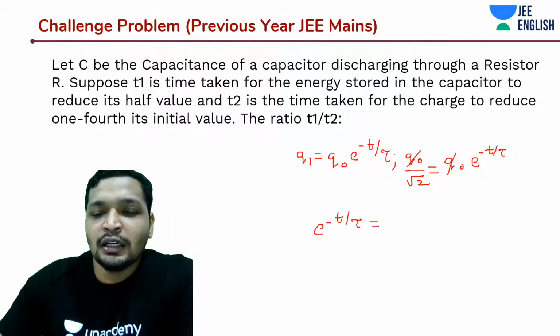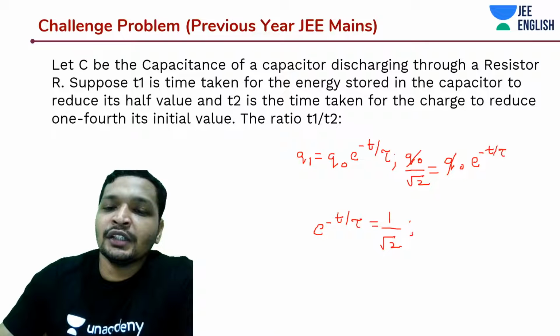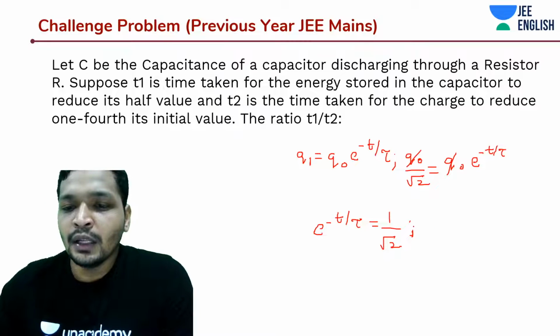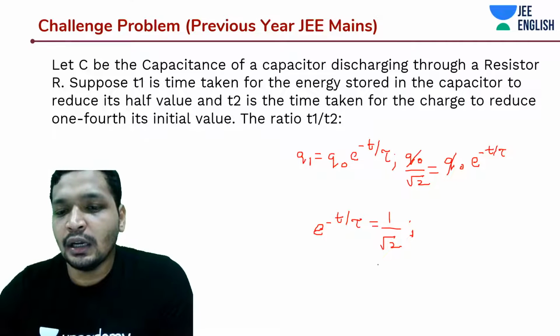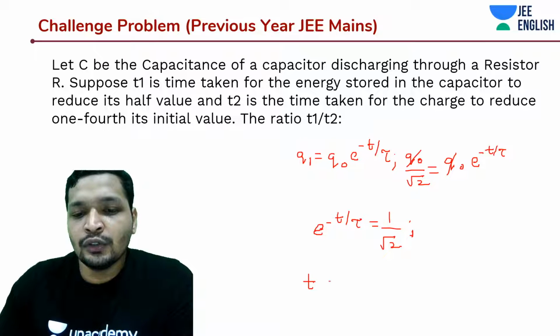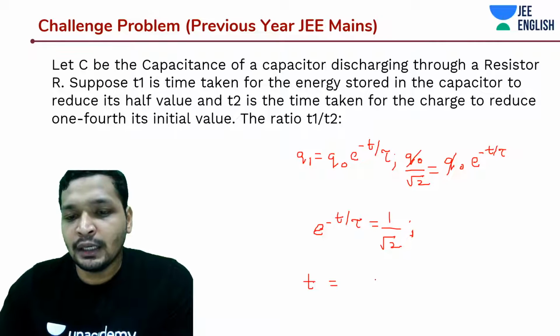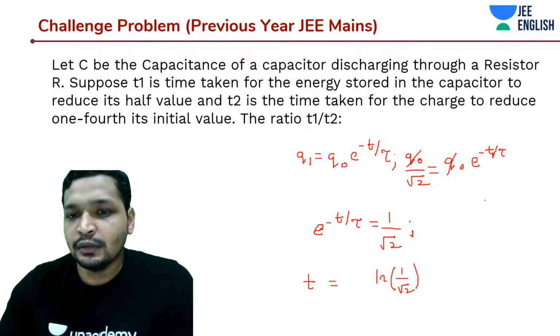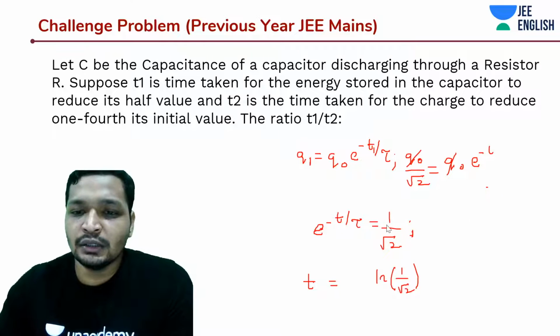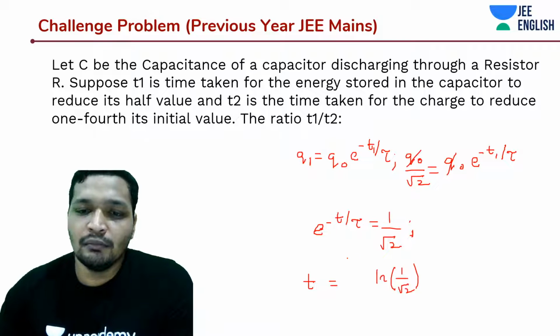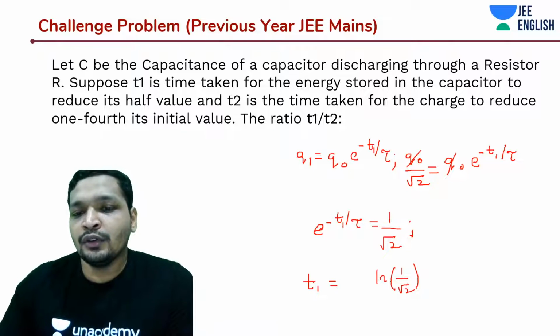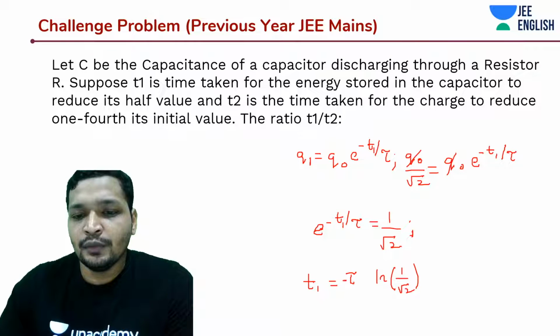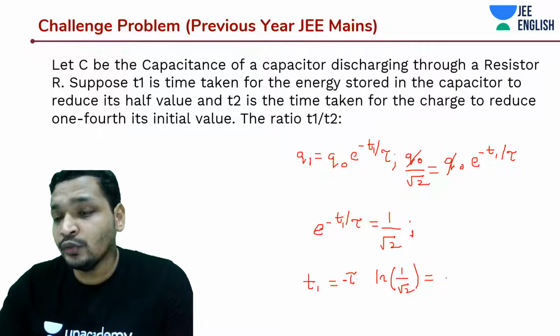So e to the power minus t by tau is equal to 1 by root 2, and in questions like this you don't want to oversimplify the problem. All you need to do is apply log on both sides, and you'll eventually arrive at this. t is equal to, so it's 1 by root 2. We are analyzing T1, right? Solve T1. Okay, so you have T1 everywhere. It's not necessary, but you can quickly do this thing. We are doing it for the first time, so we are going to do this. So T1 is equal to minus tau into log of 1 by root 2,